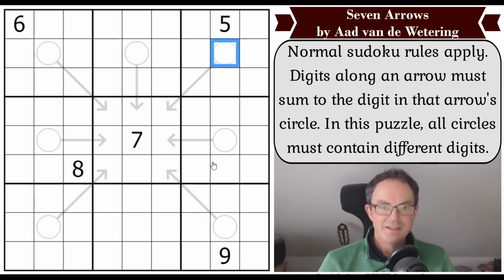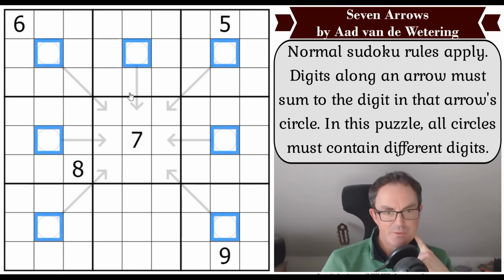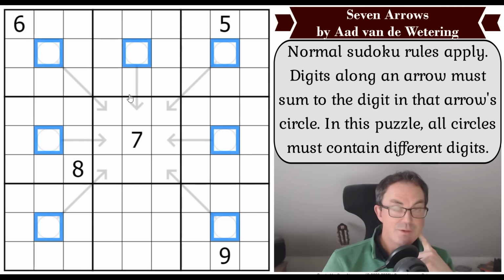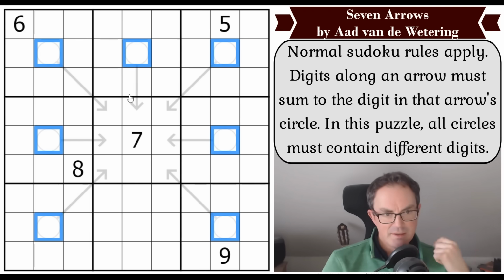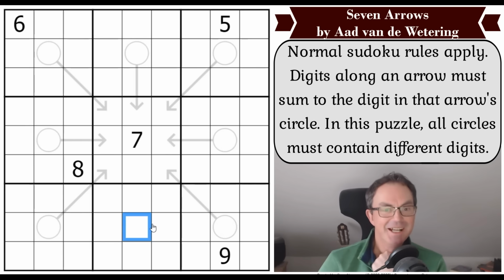Okay. Now I know exactly what Mark would do now. He would pencil mark these cells with 3, 4, 5, 6, 7, with 2, 3, 4, 5, 6, 7, 8, and 9. I am not doing that. I am going to say... I'm not going to say much. Apparently I'm not going to say very much at all. I'm going to say...